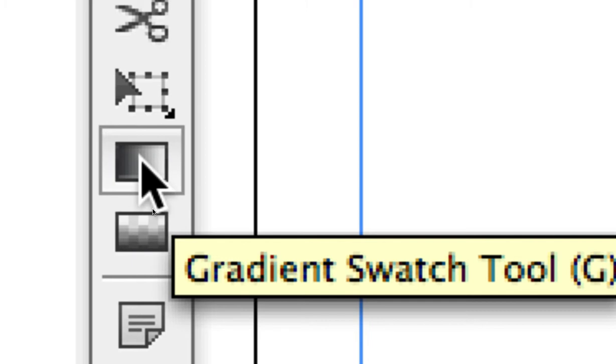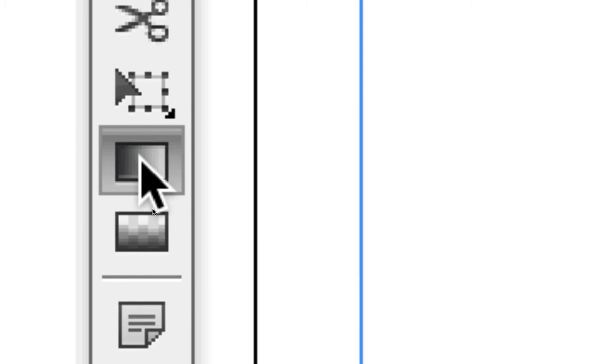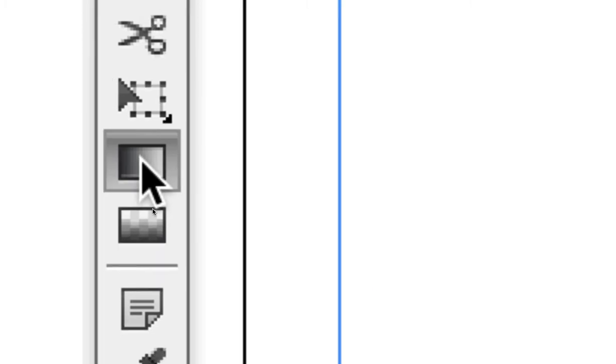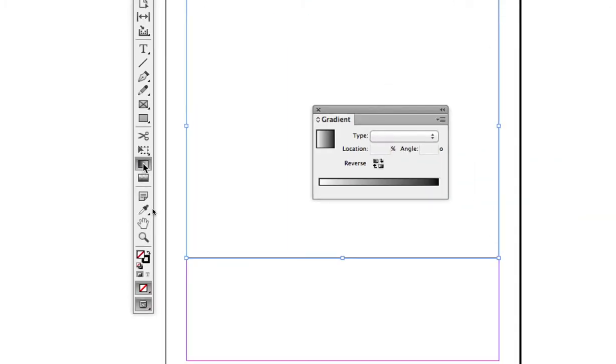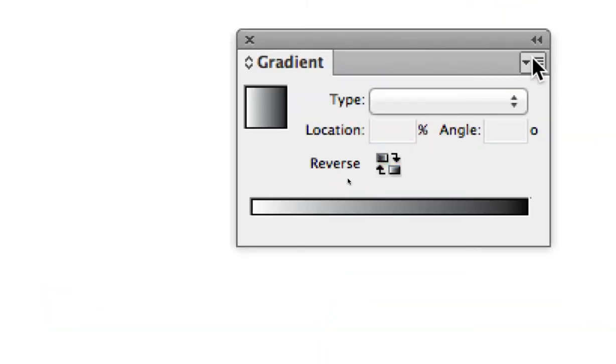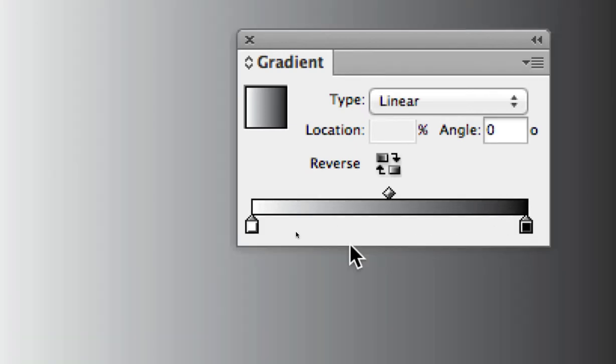Okay, and I will grab it, and once again I could double click it if I want to see the dialog box that goes with it, and it tends to default to black and white, and that's okay. Don't get freaked out by that. We can go up here to our options button. Actually, I'll just go right down to the bar and click on it, and we see our little buckets